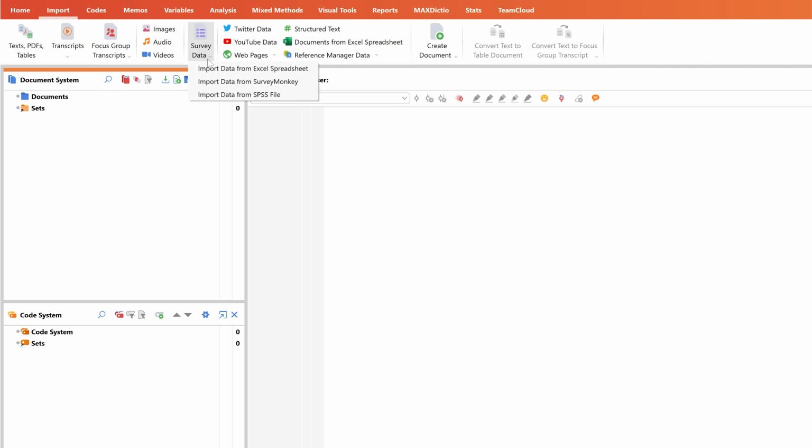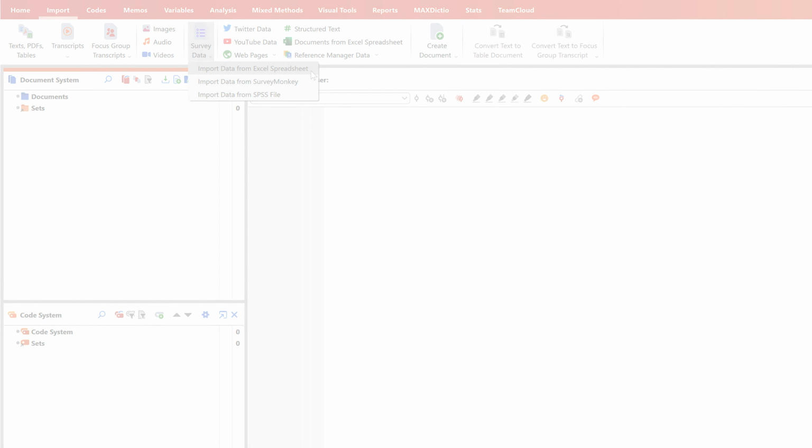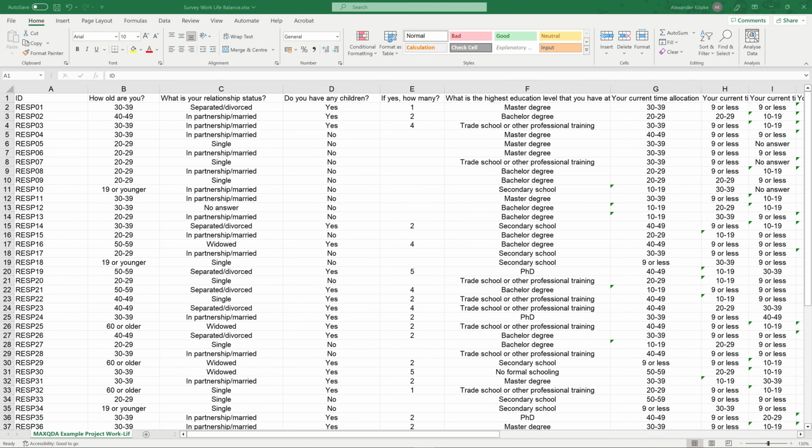You can import data from an Excel table, import survey data directly from SurveyMonkey, or import SPSS data into MAXQDA if you're working with purely quantitative data. In this video, we will look at importing an Excel spreadsheet, as most survey data is usually available in this format. In order for MAXQDA to be able to process the survey data correctly, the Excel table must have the